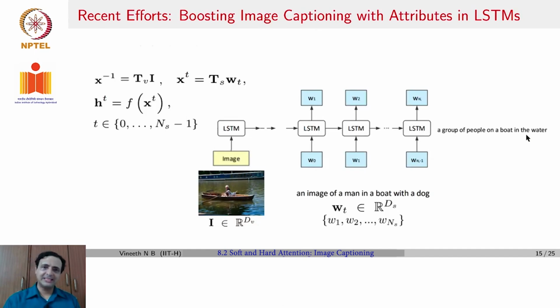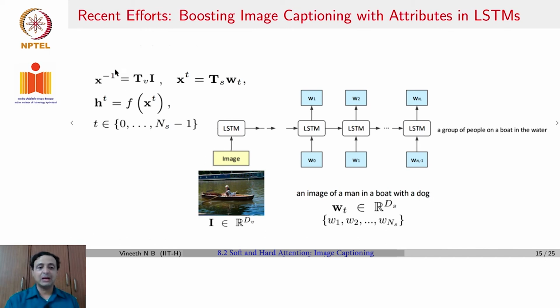In terms of more recent efforts, Show, Attend and Tell was a paper published in 2015. More recent efforts have explored image captioning from a few different ways, and let's see a couple of different examples. In one work in 2017, the idea was to see if the performance of image captioning could be boosted with attributes in LSTMs. So if you had an image I and a set of words that form the caption W,